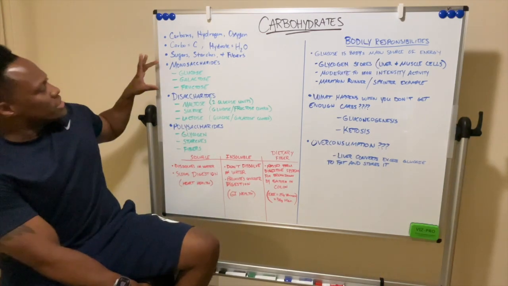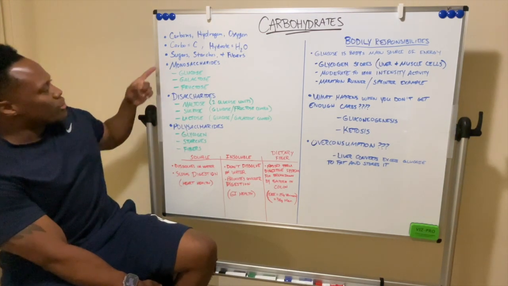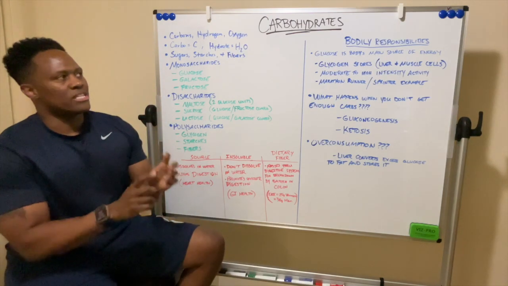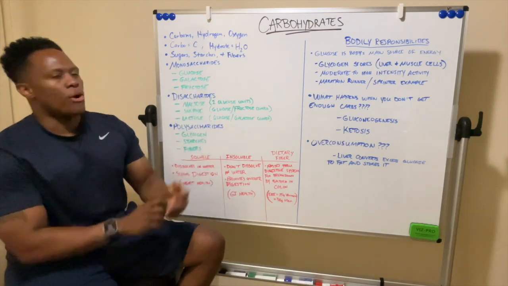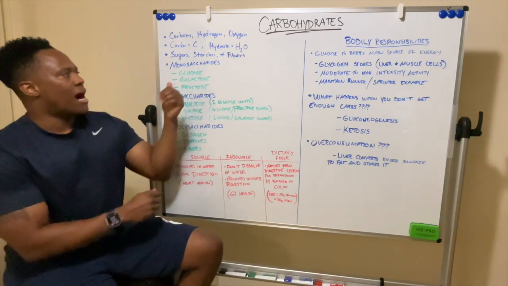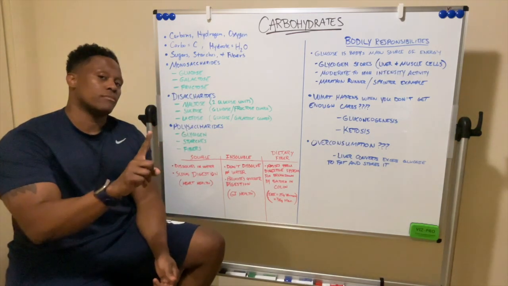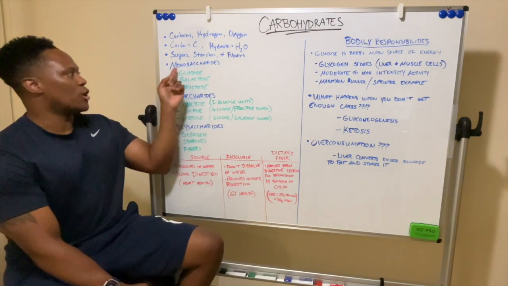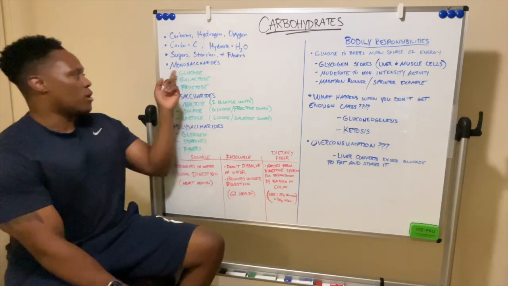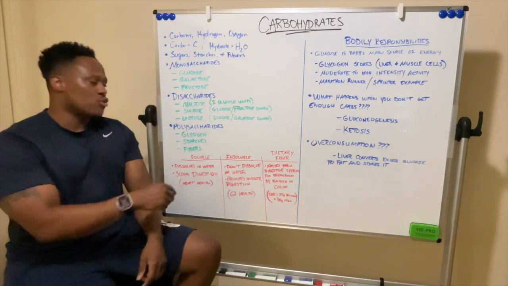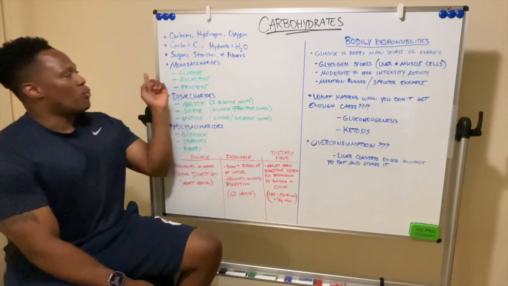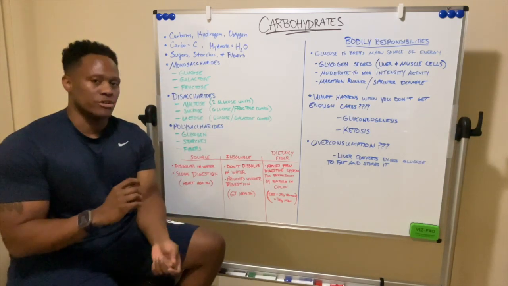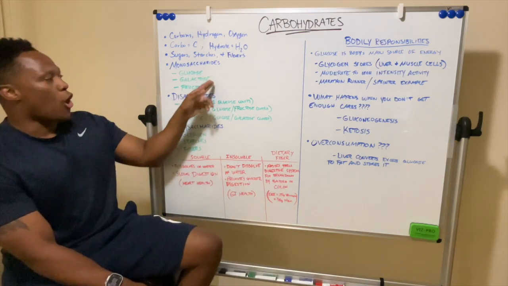Now, what we're going to see here is monosaccharides, disaccharides, and polysaccharides. Those are the different types of sugars that make up carbohydrates. Monosaccharides, now mono means one. For those of you that may need a refresher on certain prefix words, mono is one, di is two, and poly is many. So what this boils down to is monosaccharides are made up of single sugars. Just one.